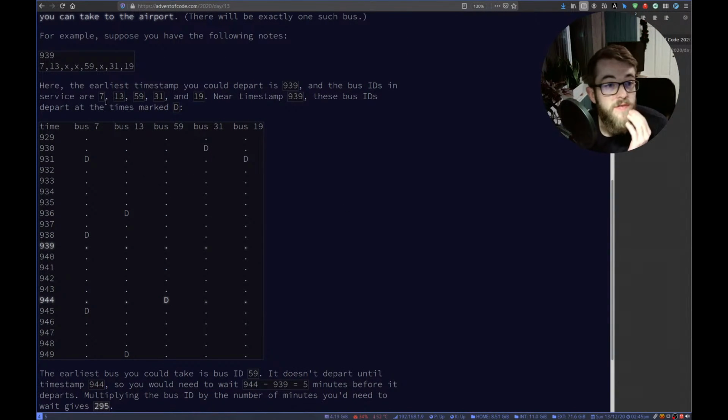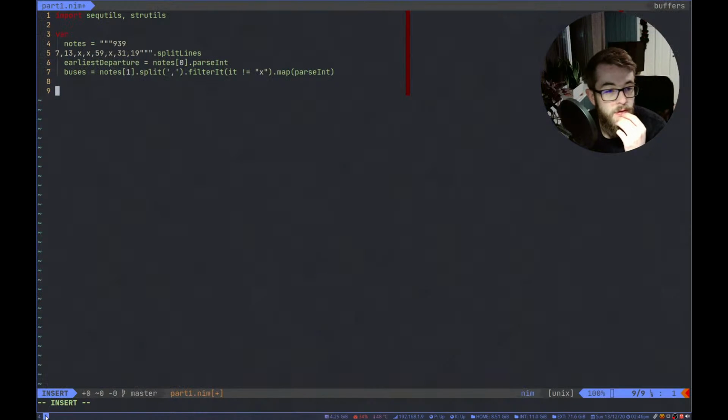So these all start at 0 and they go up to this timestamp. So this is the earliest departure. We can make this a let actually, and then we can create our earliest bus and just set that to the highest value of an integer. And then for bus in buses,